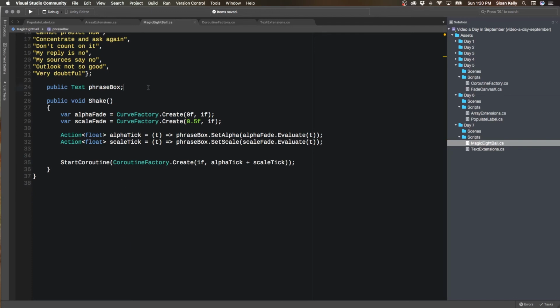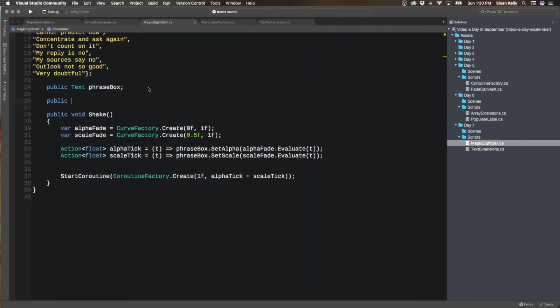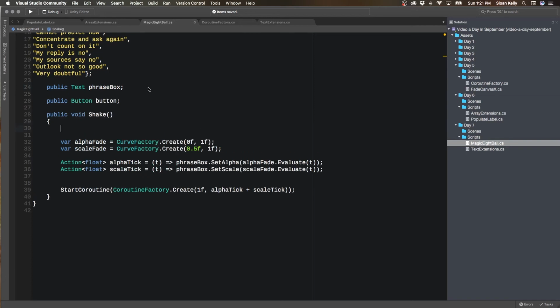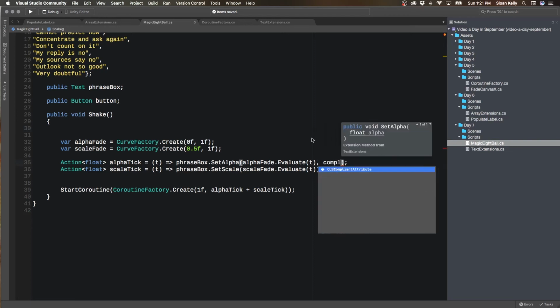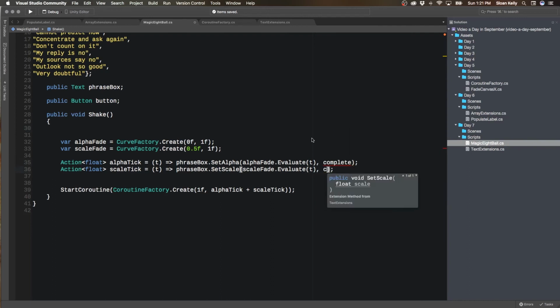The only one thing we need to do is we want to do button, and then we want to make that non-interactable. So how are we going to do that? The problem with making it interactable is that we need to wait for a second for it to complete. So I think what we can do is mark this as being complete. So we'll create a function here called complete,